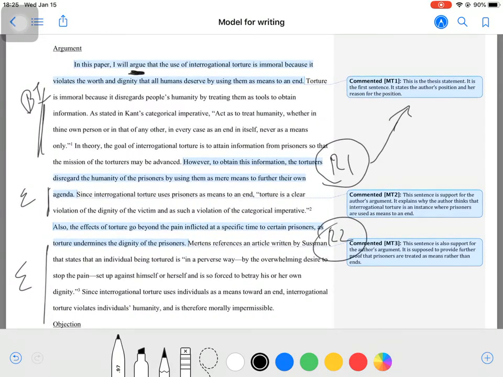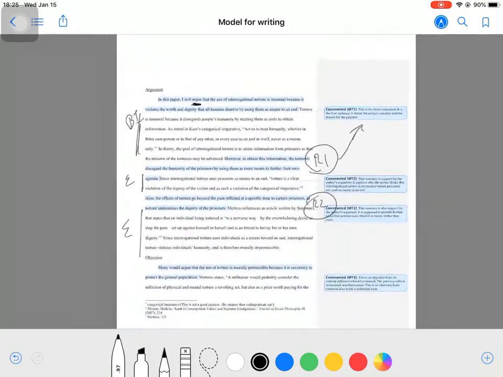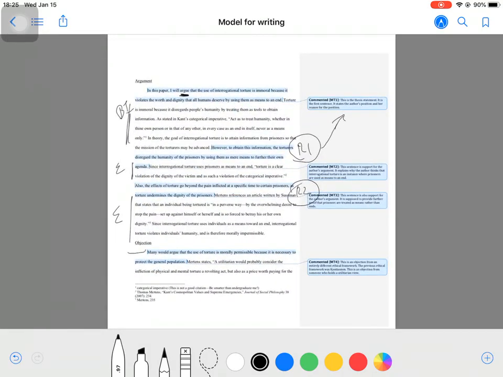This is slightly different because it's using different content. It's about torture, it's about somebody's own personal view, but in general, this is a decent structure and it's a good structure for a philosophy paper. What this goes on to do afterwards is to look at an objection. You do not need to do that for your paper. We're not asking for any objections yet. That's going to be for a later paper and a later assignment.